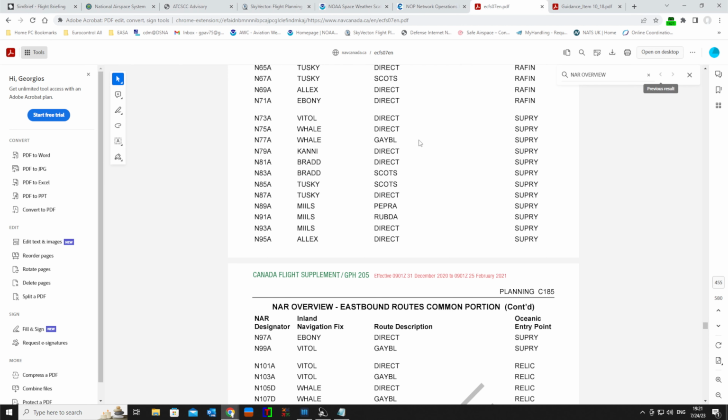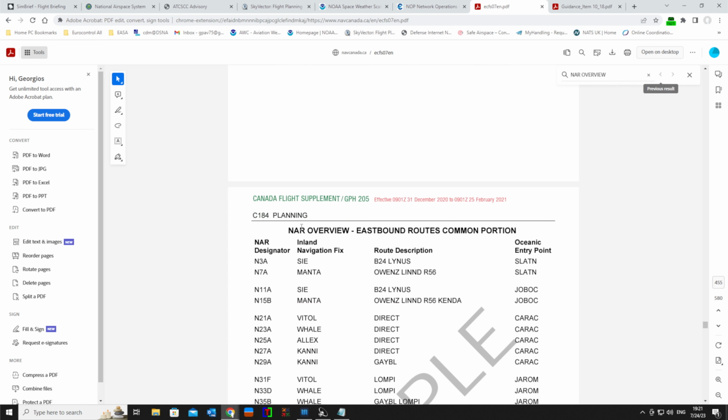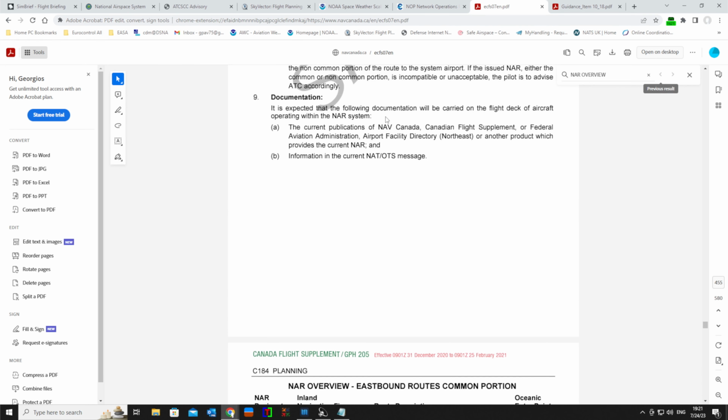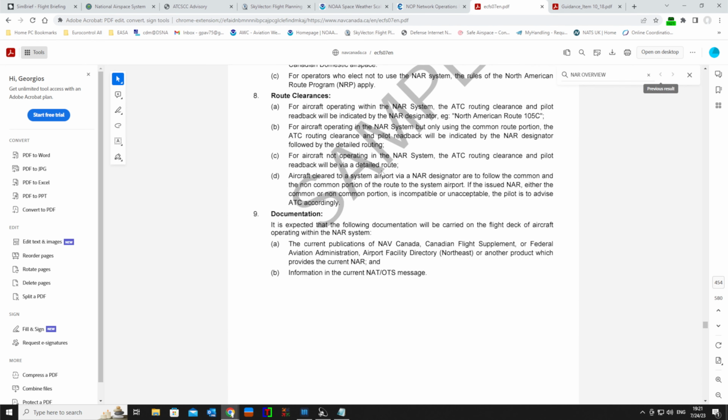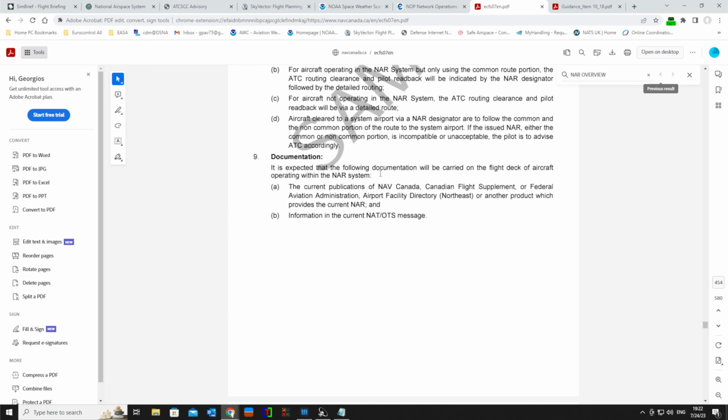Here is a document that you can find in NAV Canada. Here is the site and the document that contains the NAR overview, which is always number 7. This is quite old right now. It's the only free